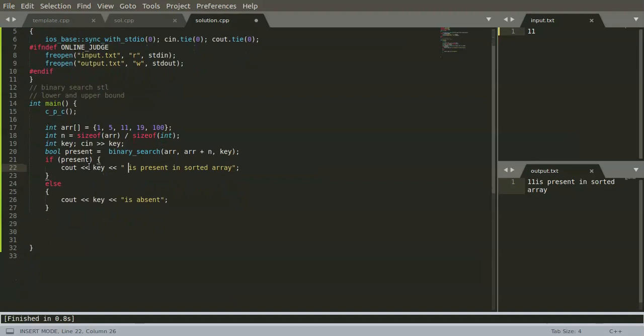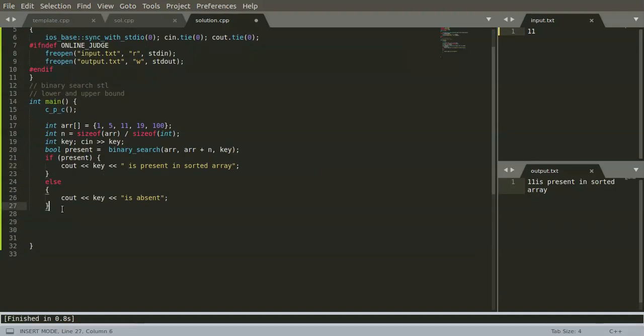And let's see some more functionality of algorithm STL, like the lower bound function.